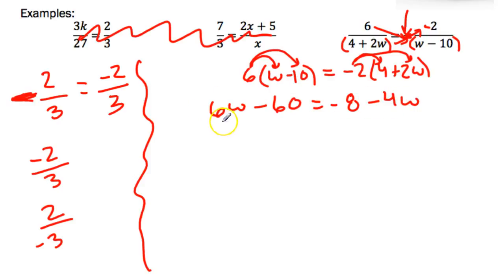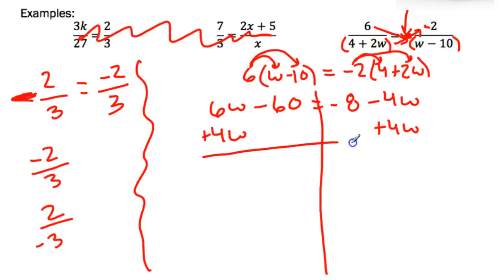So now I have this simplified equation. I need to combine my like terms so that I can solve it. So I'll draw a line down the middle. What should I do first? I've got a 6w over here, a negative 4w over here. I like changing negatives to positive, so I'll do a plus 4w right there and a plus 4w over here. Alright, that cancels. 6w plus 4w equals 10w, and then I bring down the minus 60, and that equals